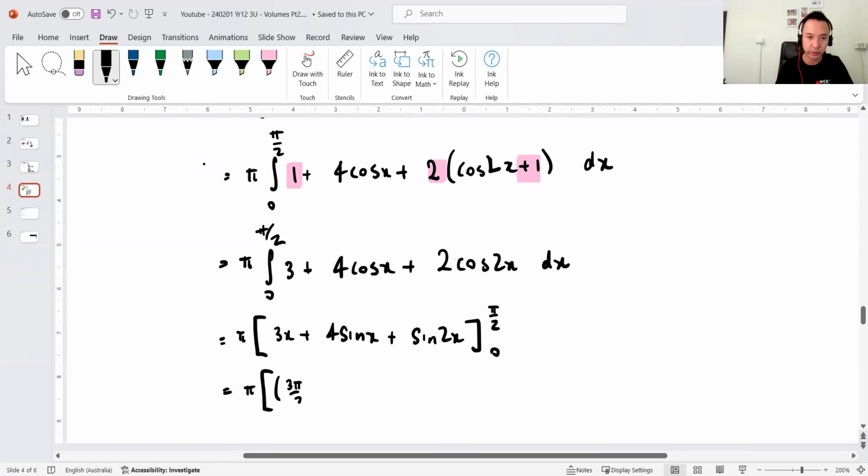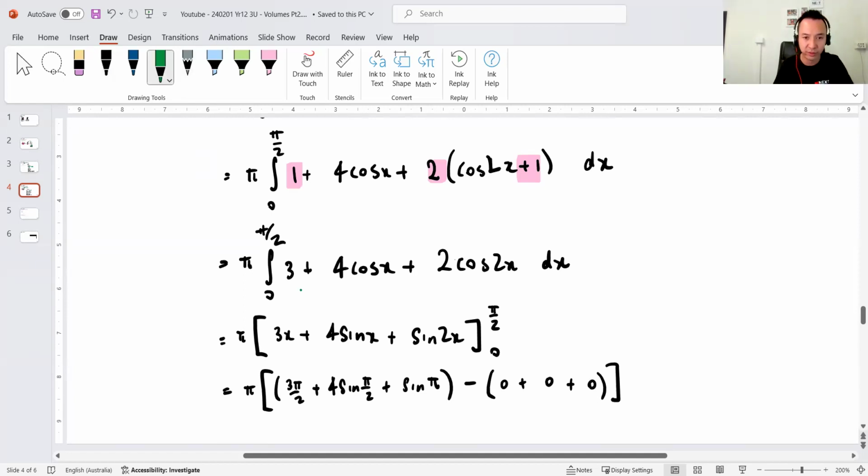So 3 pi on 2 plus 4 sine 90, which is 1, I believe, and then sine pi, which is 0, and 0 plus 4 times 0 plus 0. Okay, cool. So the only numbers of note are that this one here is 1, and that one there is 0. So my final answer would be 3 pi squared on 2 plus 4 pi. I think that's it. Perfect. Units